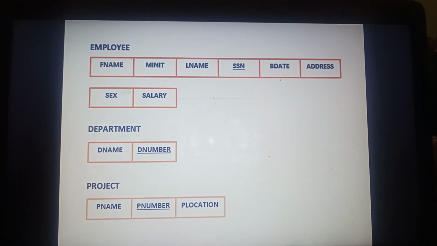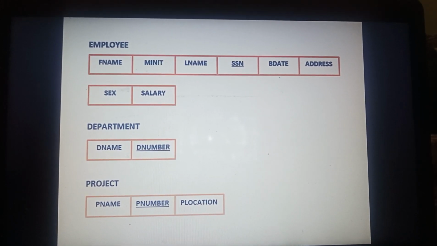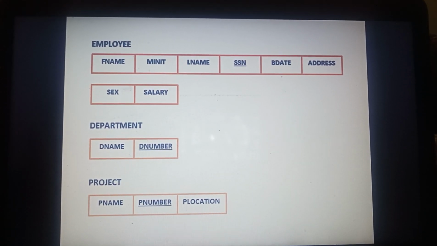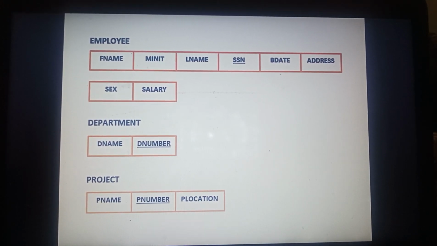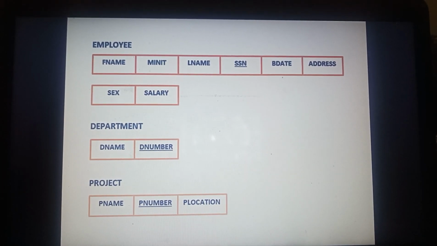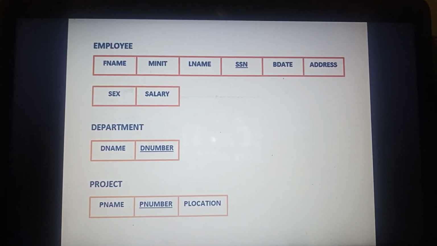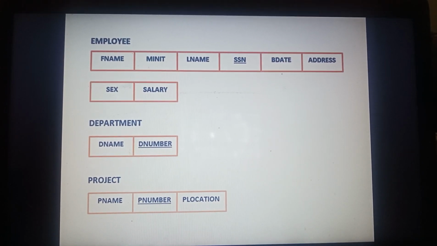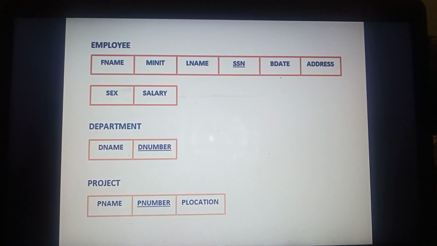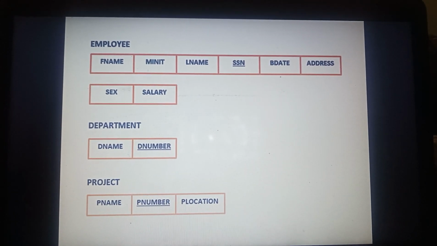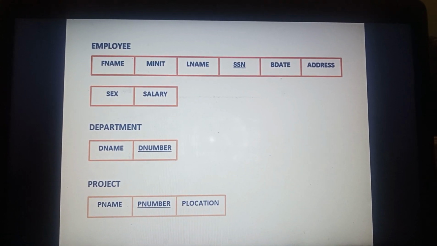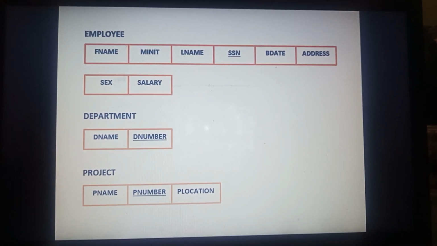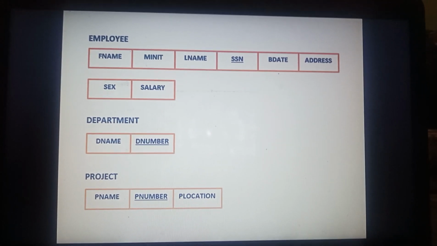Second table is department in which only simple attributes I have kept, department name and department number. Department location I have not kept because it is not a simple attribute, it is a multi-valued attribute that we will deal with later on. In the project table we have kept simple attributes P name, P number and P location, and we have assigned primary key to all the tables.